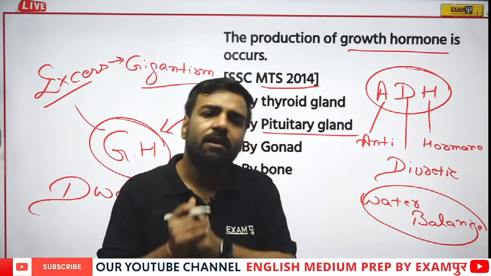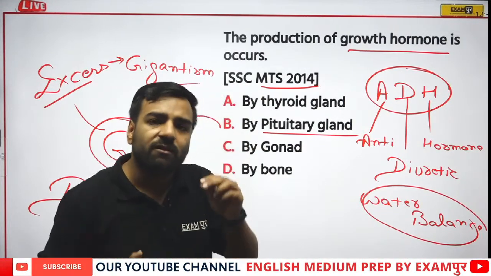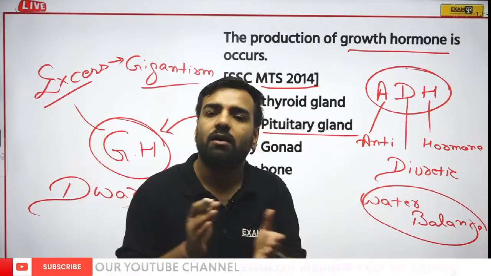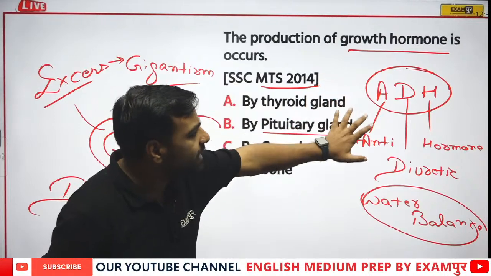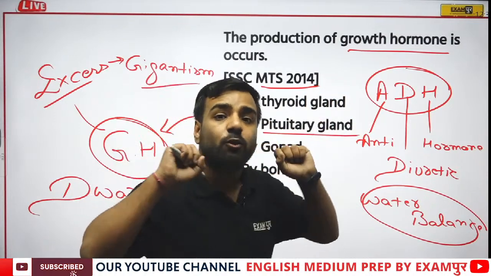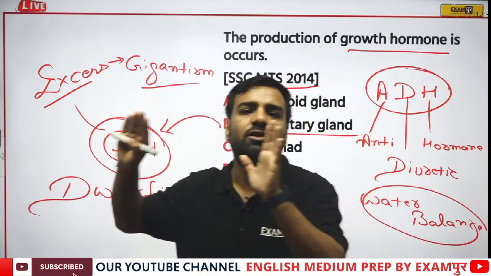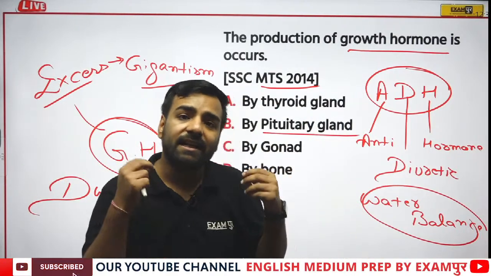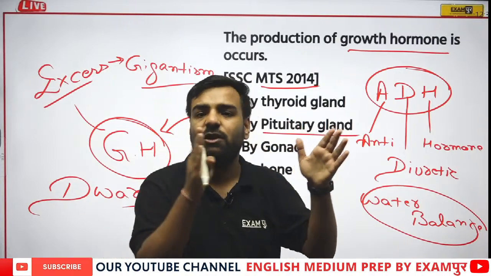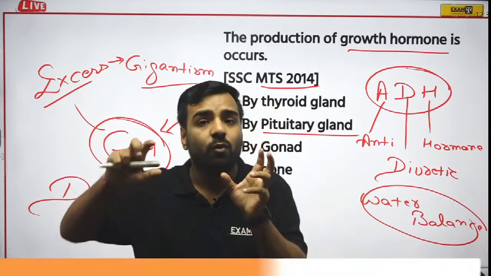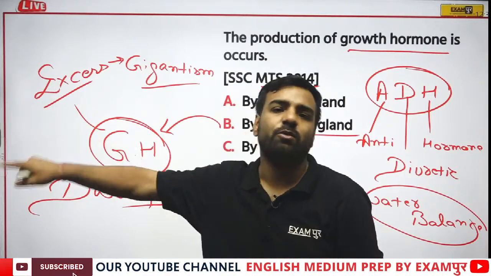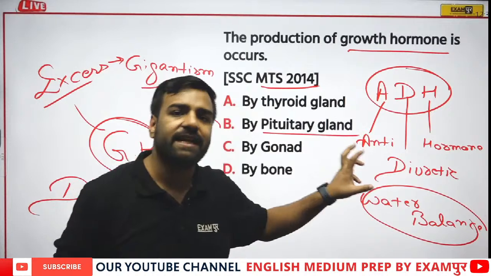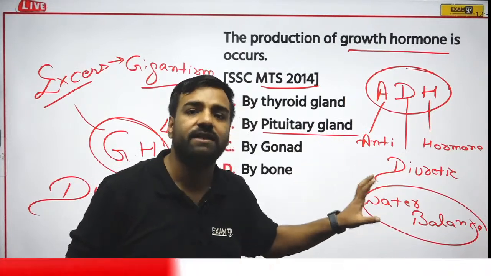Now what happens if someone takes alcoholic content, if someone drinks alcohol? This ADH hormone actually loses its control. There is no control on the ADH by the body, and in this case the ADH hormone is not able to work properly, and in this way whoever drinks alcohol has to go to the washroom again and again. Why? Because ADH is not working in the proper way. So that's why this anti-diuretic hormone is of great importance in our body.